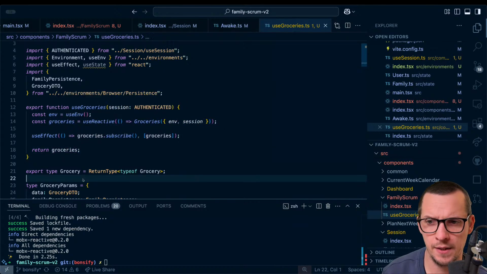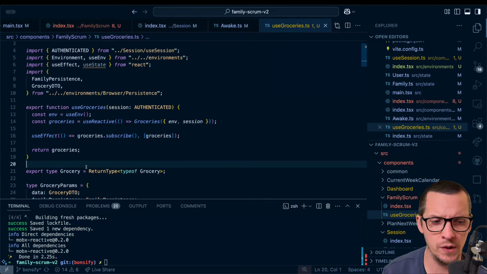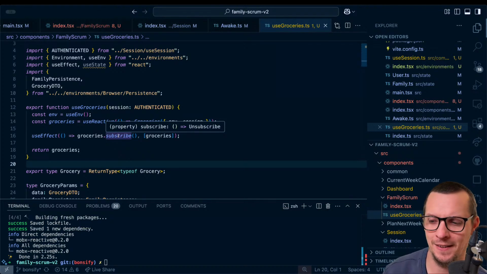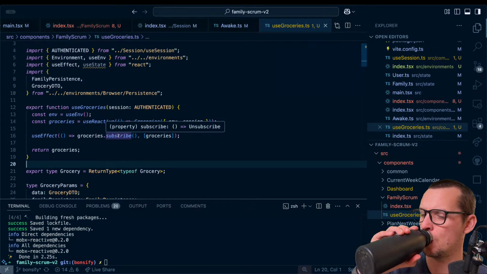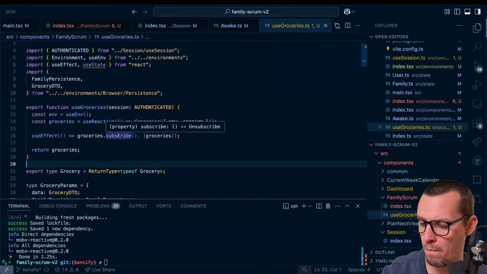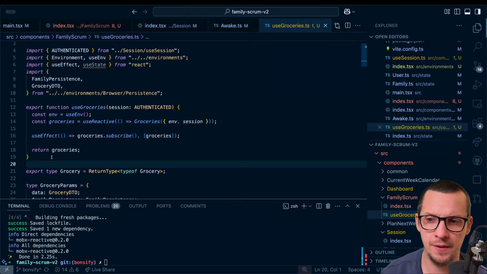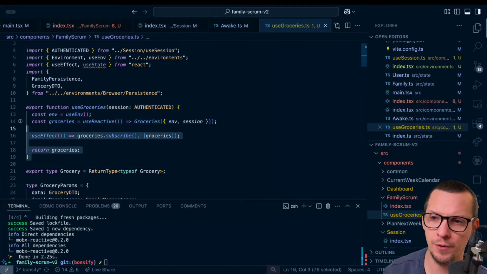But what I don't like is use reactive. The only thing it does is just set up the ref for this. Feels weird. Yeah, so these live based on the component lifecycle.